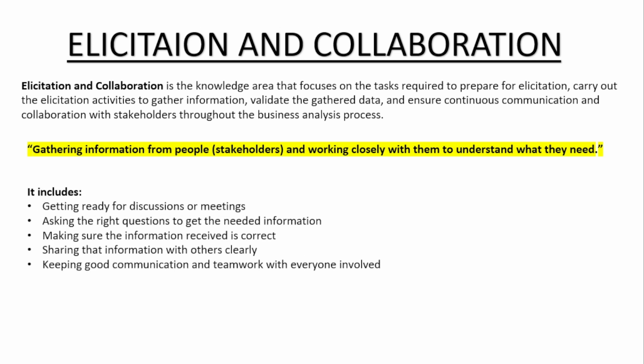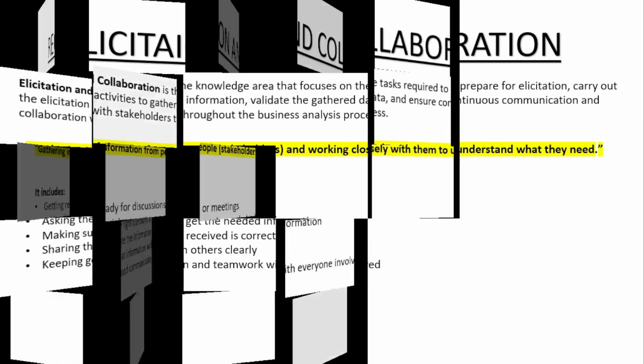So I have written: gathering information from people, stakeholders, and working closely with them to understand what they need. What does it include? Elicitation includes preparing for meetings, running interviews, workshops, or surveys, validating and confirming the information you receive, sharing it clearly with others, and ensuring strong collaboration with everyone involved. If you do not do it properly, you may end up solving the wrong problem,